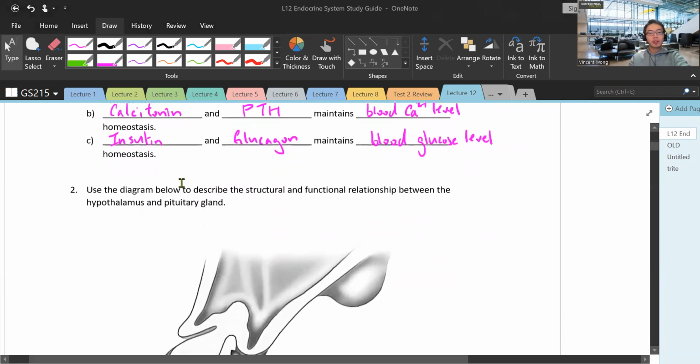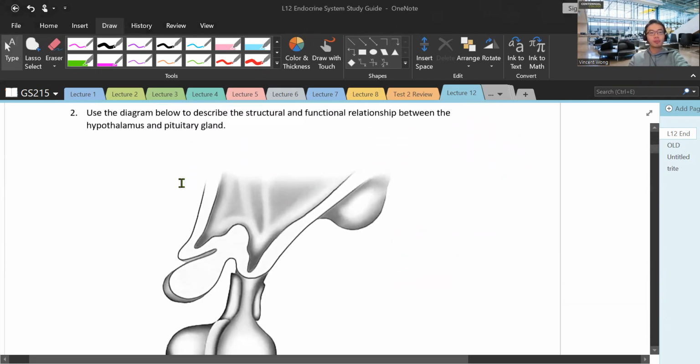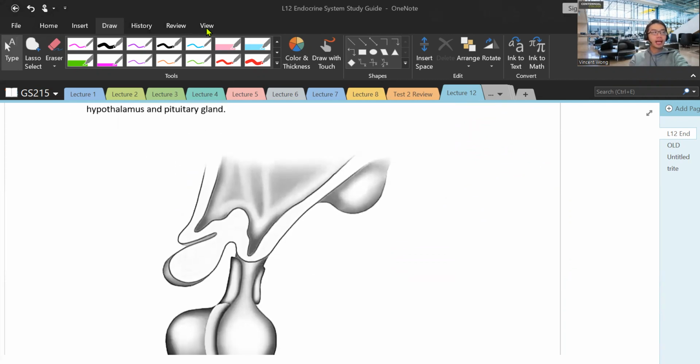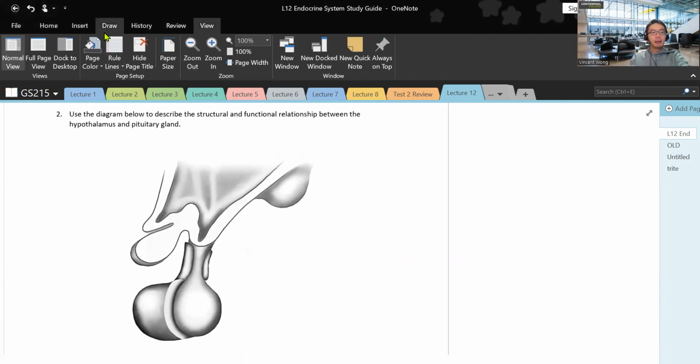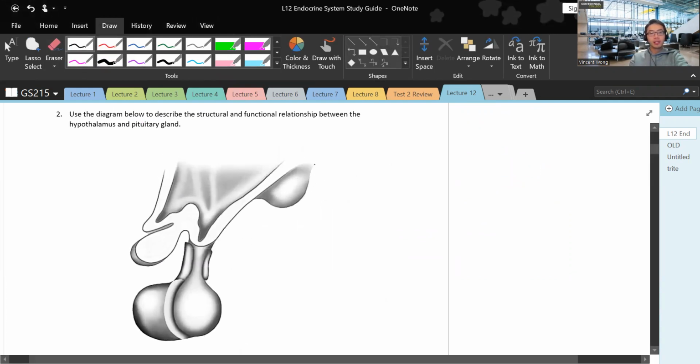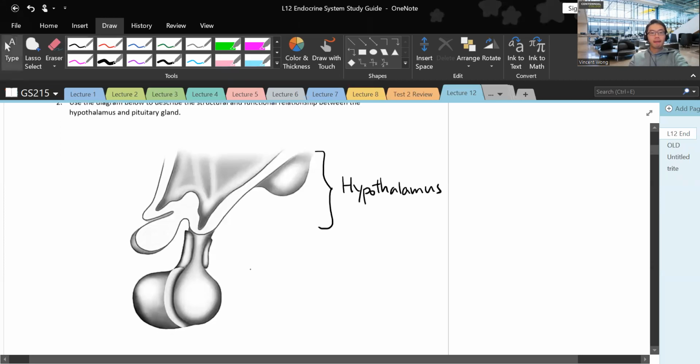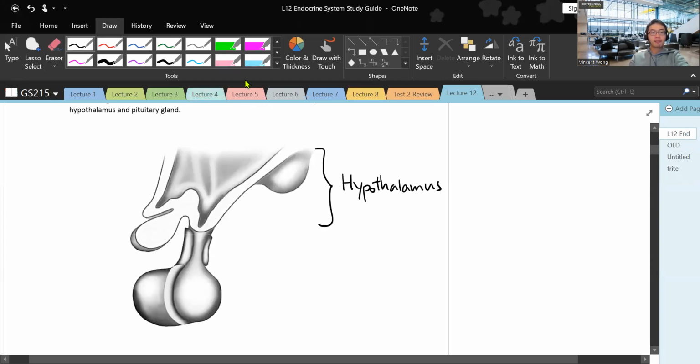Next, use the diagram below to describe the structural and functional relationship between the hypothalamus and the pituitary gland. So let's just orient ourselves here. This whole part is the hypothalamus. And this thing that's dangling from it, we have 2 parts here. We have the posterior pituitary. Okay. And we have the anterior